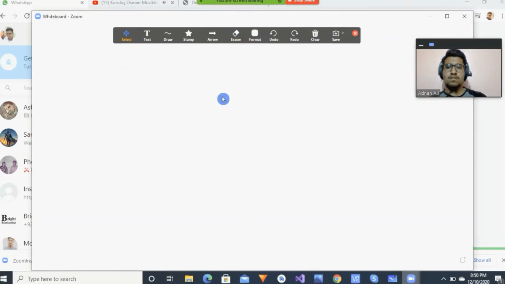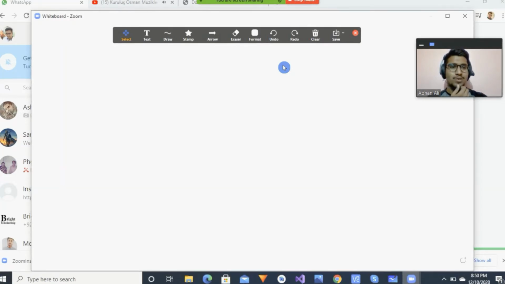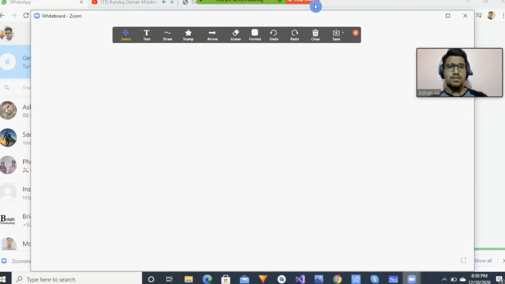You can also select features here. You can also do anything which is available in the whiteboard feature. It's very beneficial for you. I hope you like this feature. Now let's jump to another feature of Zoom.